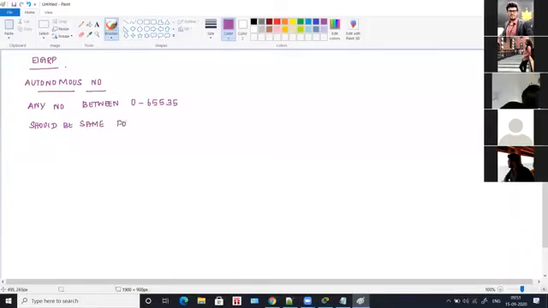So there is an autonomous number for EIGRP. To configure EIGRP, you have to concentrate on the autonomous number, which is any number between 0 to 65,535, and it should be the same for all routers.